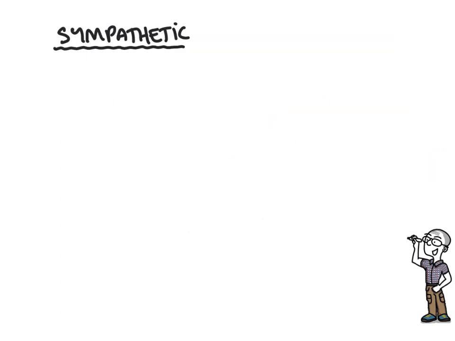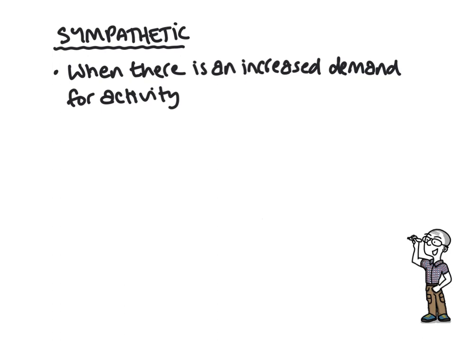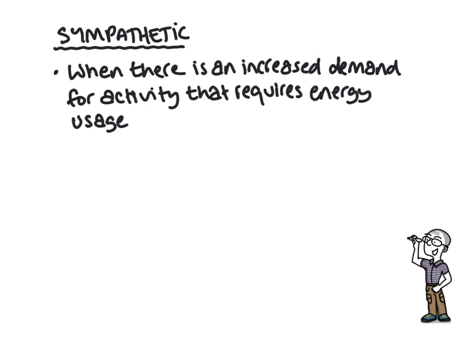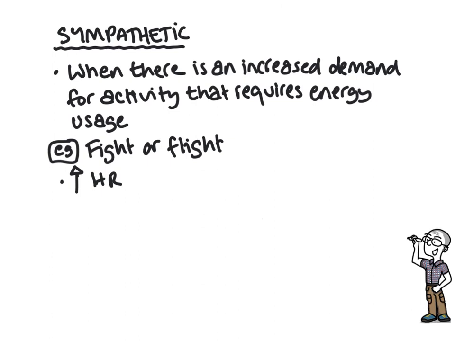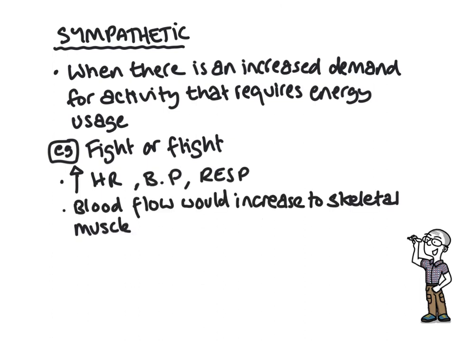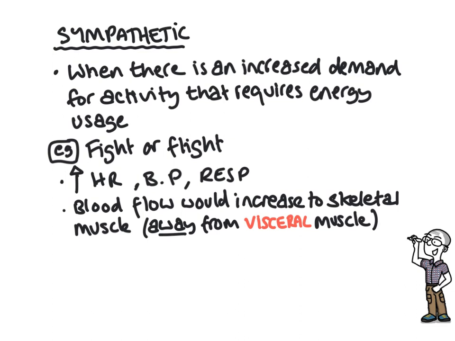The sympathetic nervous system is concerned with activities that demand an increase in energy usage, for example, fight or flight responses. So, sympathetic nerves would lead to things like an increase in heart rate, blood pressure and respiration, flow of blood to skeletal muscles and away from the visceral muscle, which means your guts, your intestines, and things like pupillary